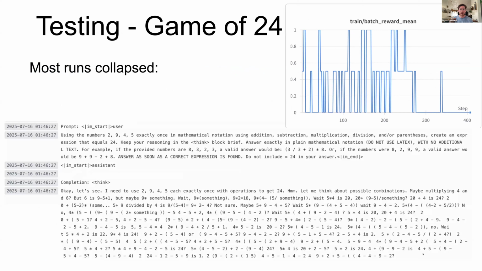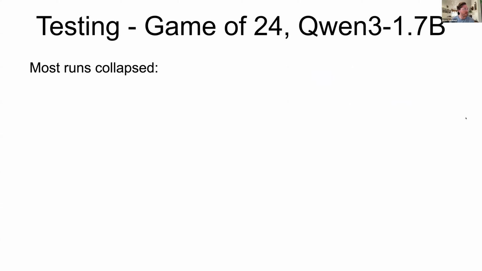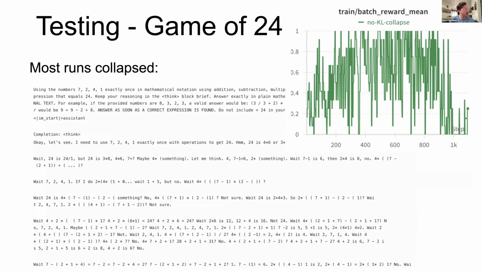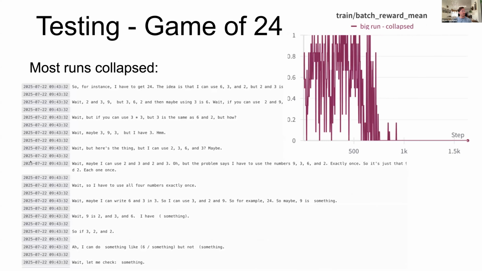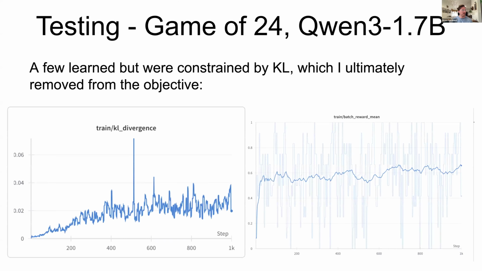I did notice that it does better when it keeps trying more numbers because it's going through more possibilities quicker. But yeah, the rewards collapse to being nothing. And I had this happen many times. I just gave a few here. It likes to use the word wait. Yeah, pretty frustrating. Hard to get this stuff to work.